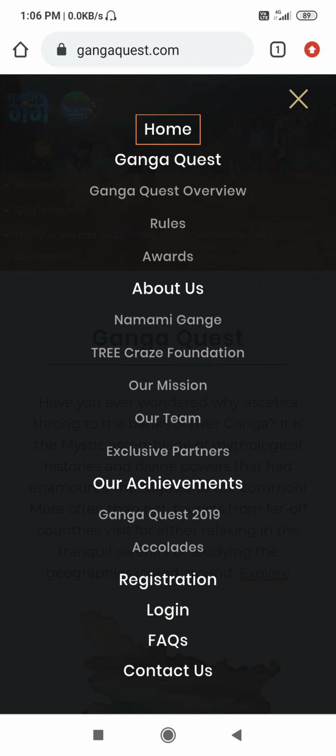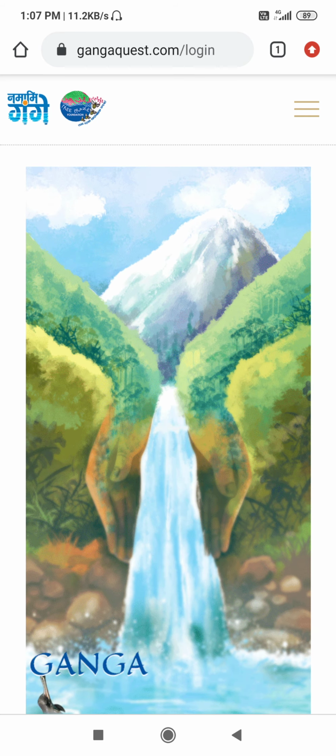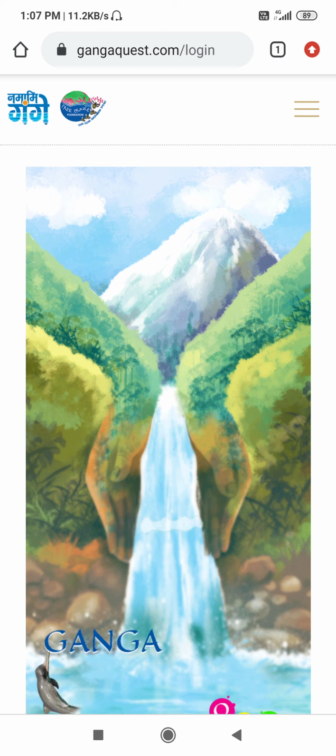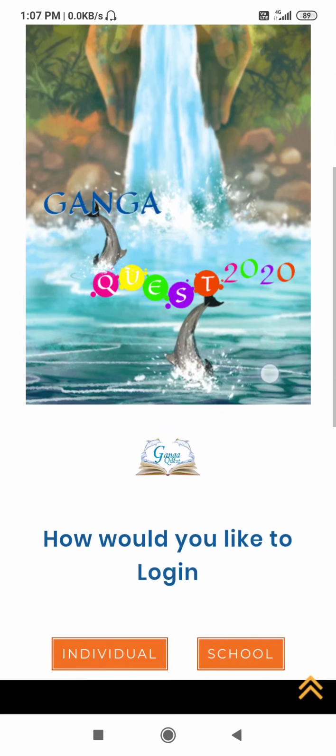On this screen, many things are there: Home, Ganga quiz, and many other things. You can read these things. From here, you have to choose login. Click on login. Then another page appears. Scroll up a little bit.